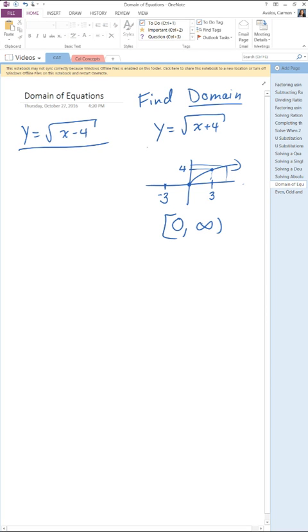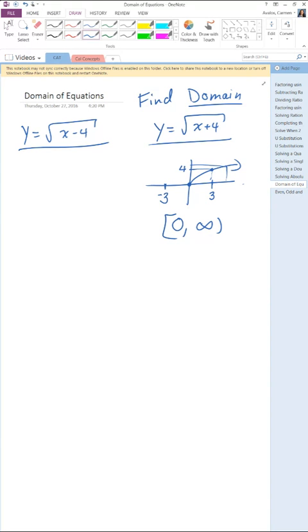We want to know the domain of these two functions up here. So when we look at those functions, I'll just rewrite that. The first function we're going to deal with is y equals the square root of x minus 4. In order to have a domain there, we need to find out that if I take an x value and put it in here, I am going to get a y value back. And so the values that, when I put them in there, do not give me a y value back, that's what's not in my domain. So I know that this is the square root and that the index is 2, so